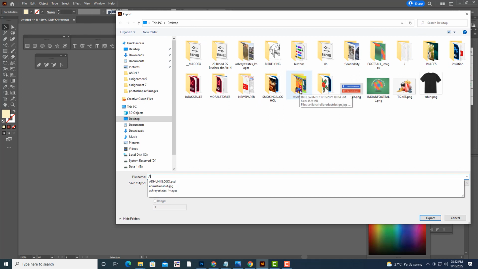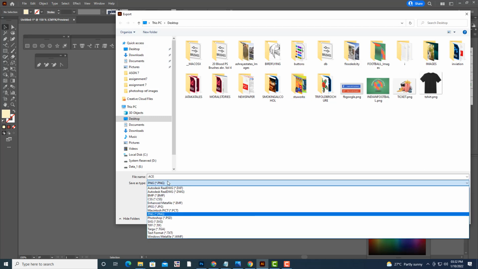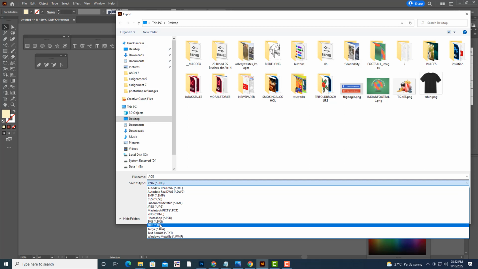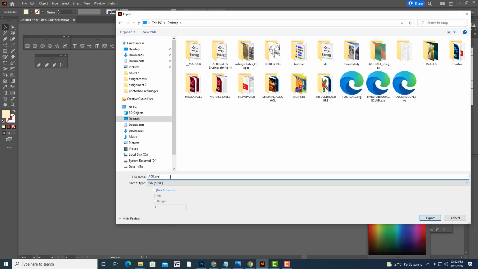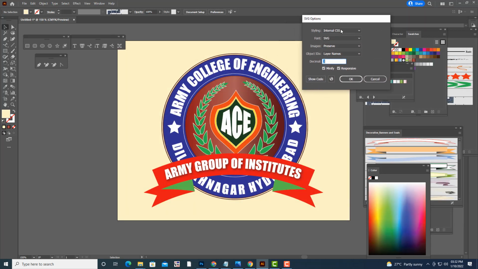We'll export it as, we'll first see SVG. If SVG is not so interesting, we'll try other formats.